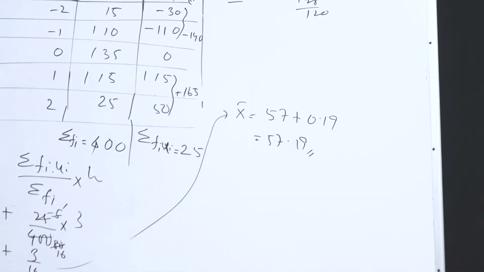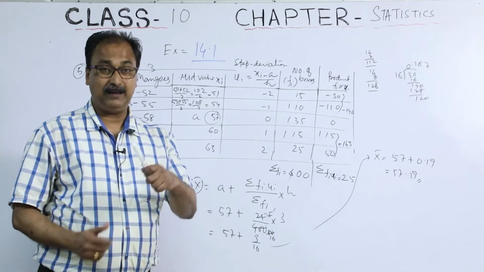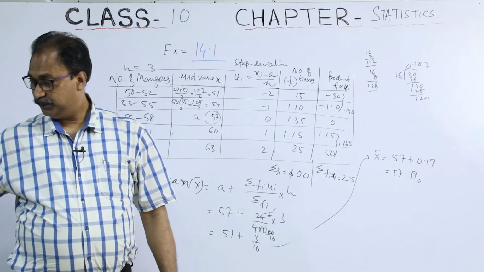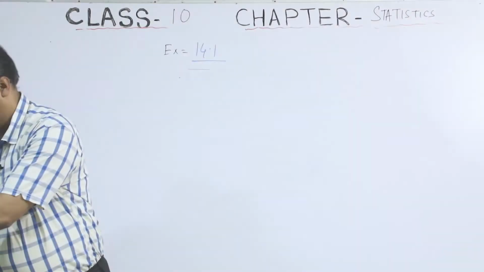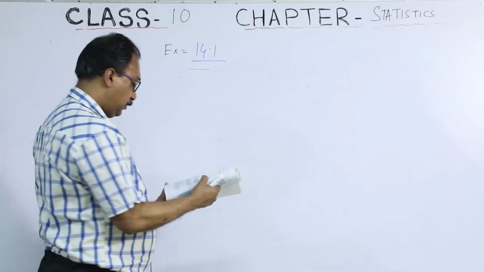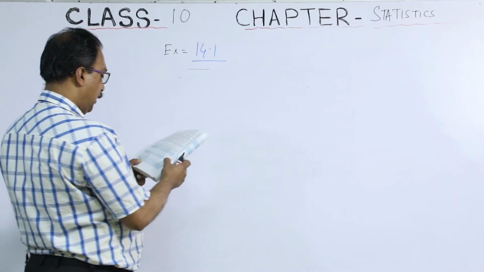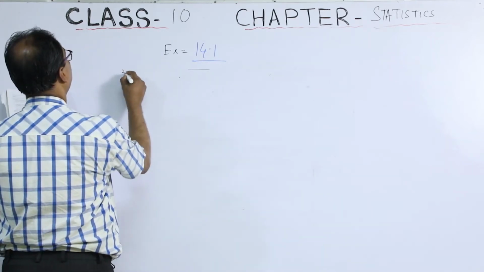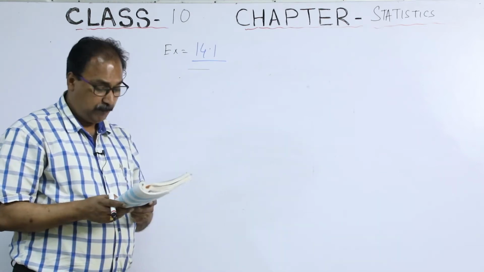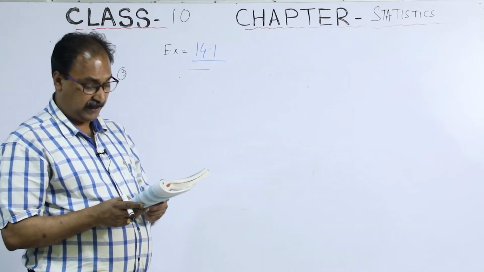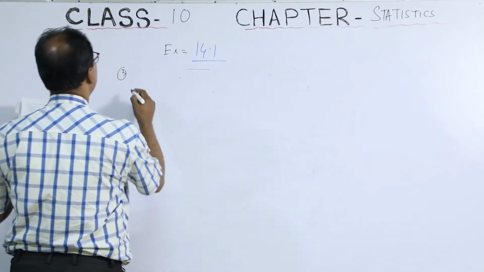Understood? Step deviation method is better for this. Okay? So I'll go for another question. There are some frequencies missing, you have to find the missing frequency questions. Clear? Now, look at these questions. The following distribution shows the daily pocket money allowance in exercise 4, question number 3. Pocket money allowance of children of a locality, the mean pocket allowance is rupees 18. Find the missing frequency F. Okay? So daily pocket money is the class interval.